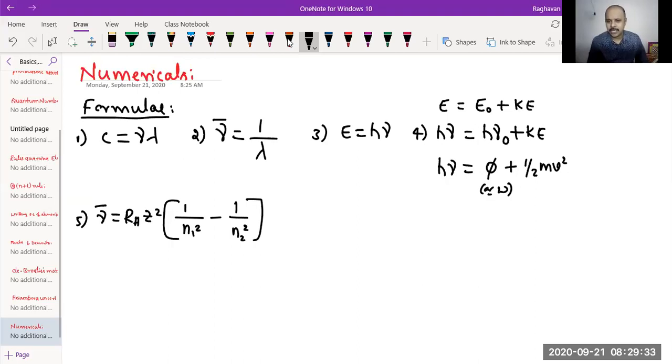Okay, so let's say a photon of 15 joules of energy is incident on the metal surface. 10 joules is the threshold energy. The remaining 5 joules will be imparted to the electron to make it move with a certain amount of kinetic energy. So E is the energy of the photon, which is given by h nu. E naught is h nu naught. Nu naught means threshold frequency. Kinetic energy is half mv square. I think you have understood.